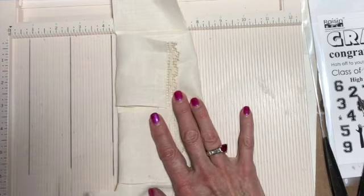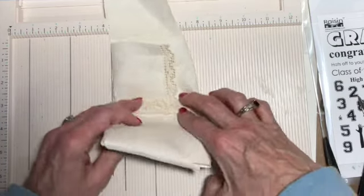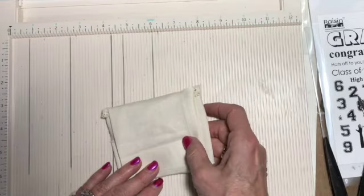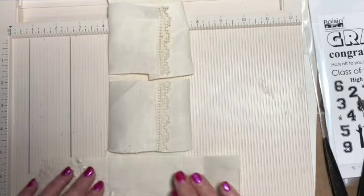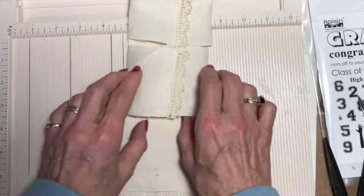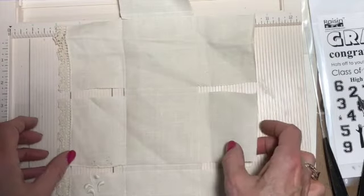They're all the same. And then fold it up. I was hoping that would be on the outside, but it's not. That might work. We'll see. You know, it's not real square, so I'm not sure. It's really supposed to be